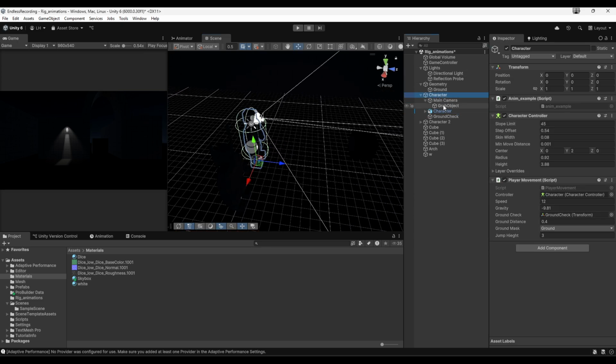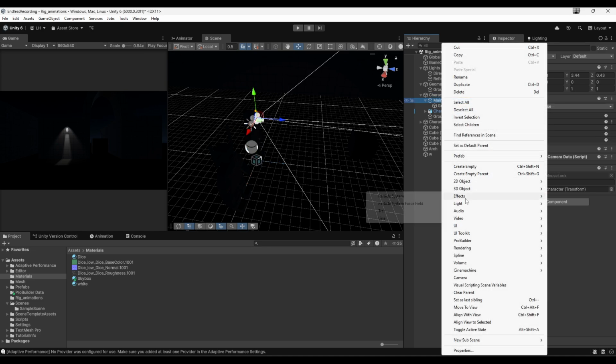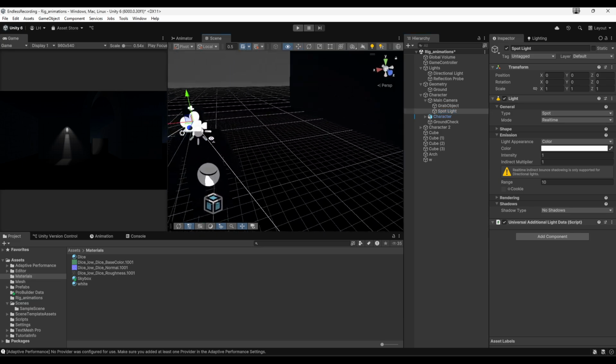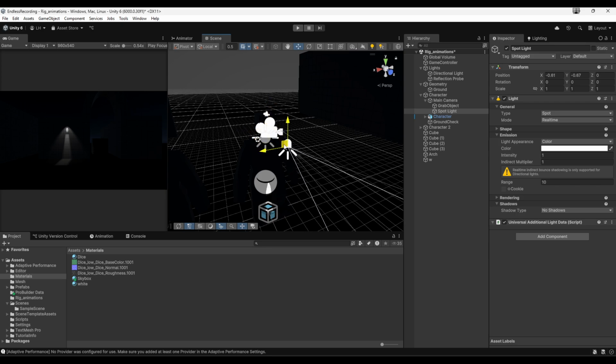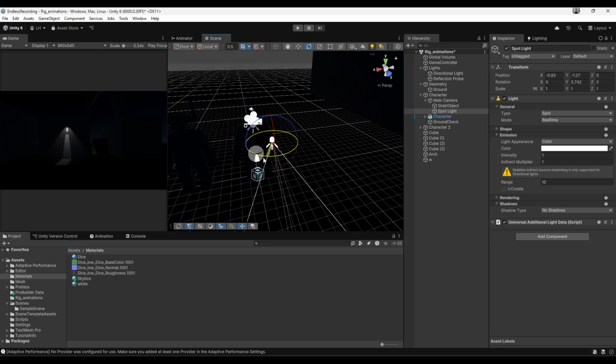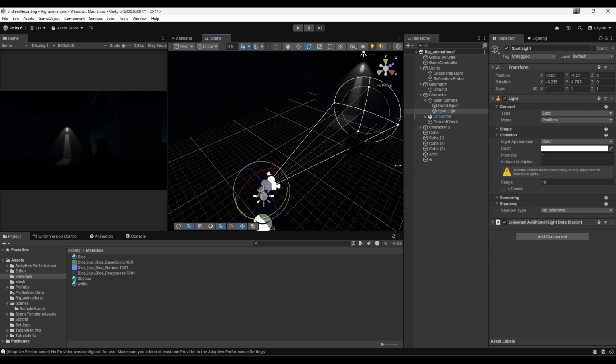So we might also want to add something to our character. So where's my character? Here it is. And my game, like my camera moves around, so I can come in, add a spotlight there, and I don't want it coming straight out of my eyes, because when you carry a torch it doesn't really come out of your eyes. So I'm going to put it off closely where the hand is. I'm going to just pull it in and to the side so we get a different angle on our light,